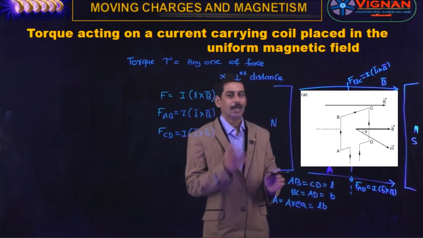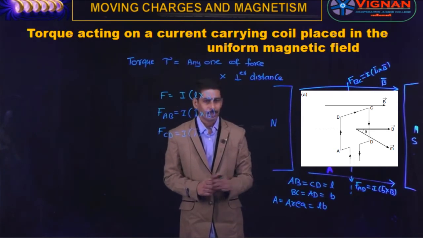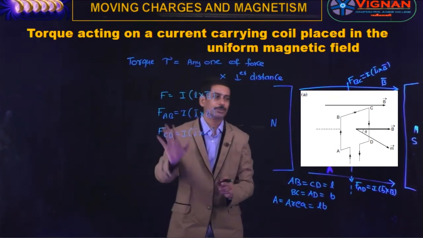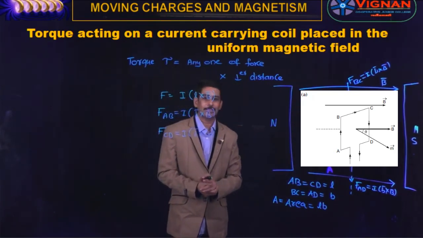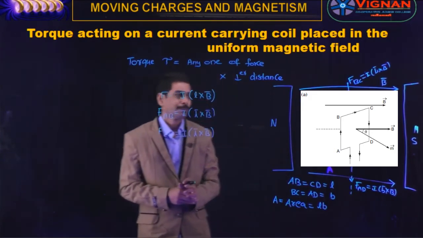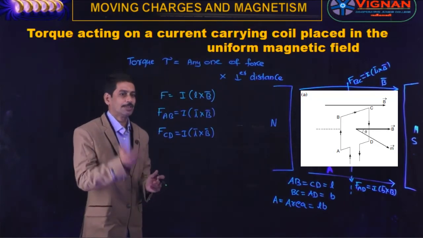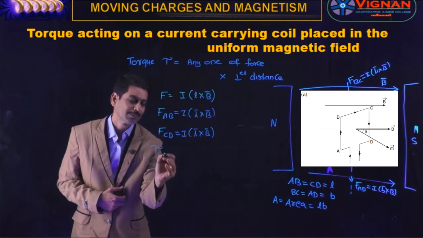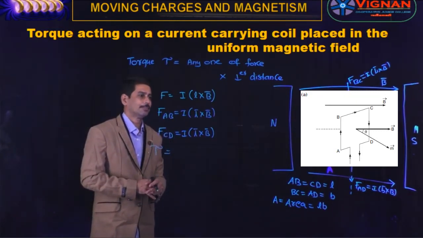And they are non-collinear, so these two forces are acting at two different points and they are acting on different lines. So these two forces do not get cancelled. These are the two forces which are equal in magnitude and opposite in direction. So these two forces form a couple. Because of this couple there is a turning effect on the body. So torque is produced, and torque, denoted by tau, is nothing but the magnitude of any one of the forces times the perpendicular distance between the two.